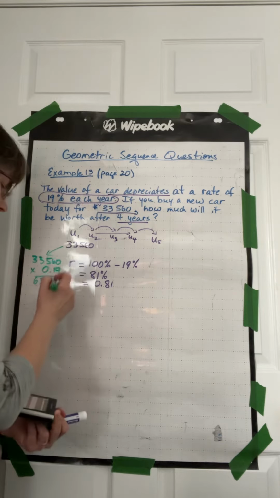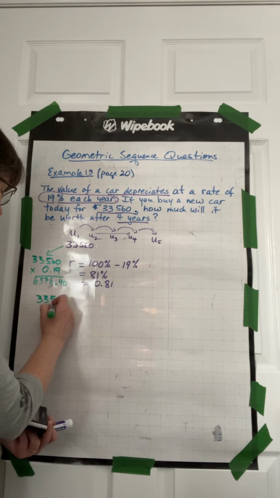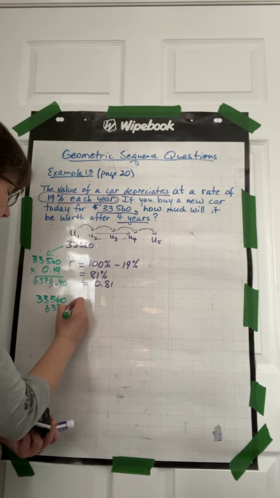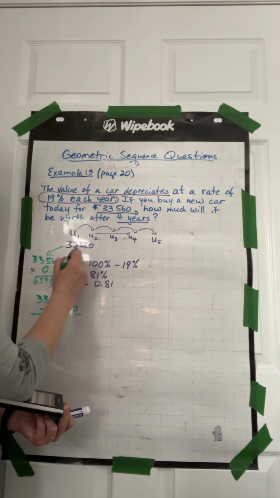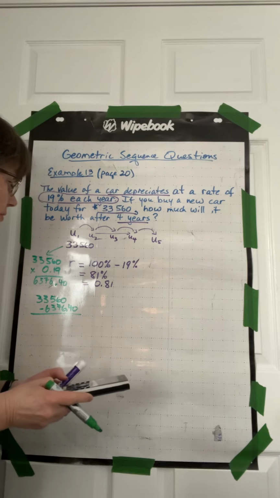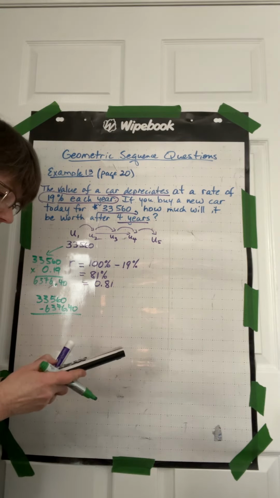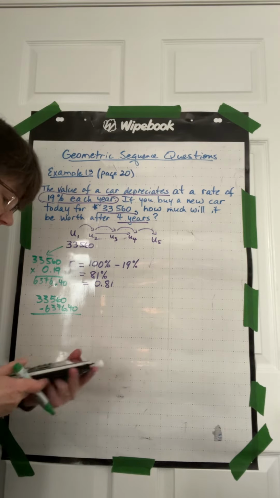But then we have to actually subtract that from the amount above, because that's how much it's decreasing by. So we would take U1 and subtract that from it. So 33,560 subtract 6,376.4, and this equals